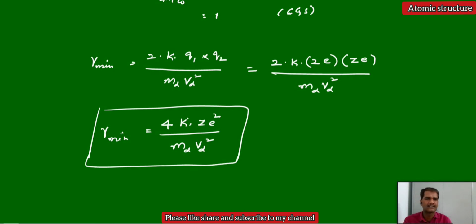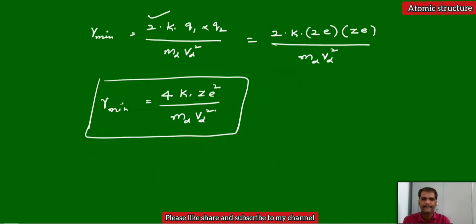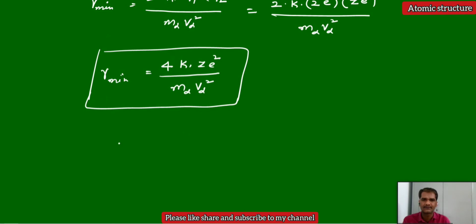You can extend this. This is the final equation that you should remember. From this final equation, we are extending. If you know the atomic number of the targeted nucleus, then you can directly substitute here. And E means charge of electron or proton, just the charge 1.6 into 10 power minus 19. If it is an electron, negative charge; if it is a proton, positive charge. I will write this further like this. You should remember this formula also.